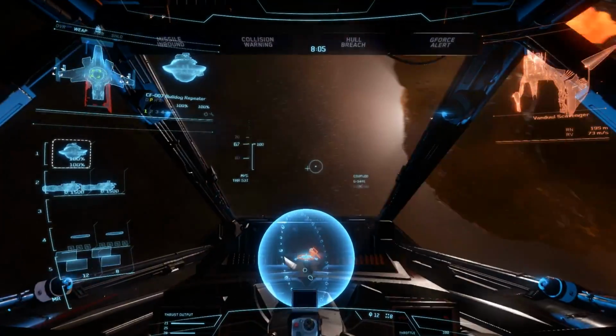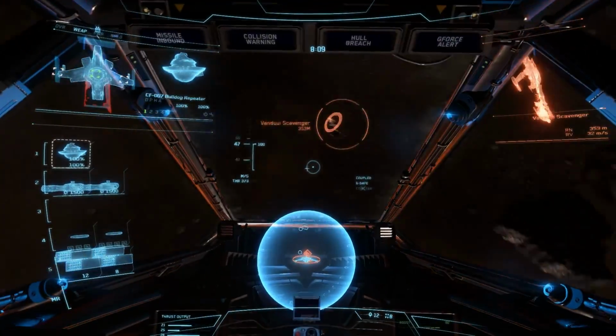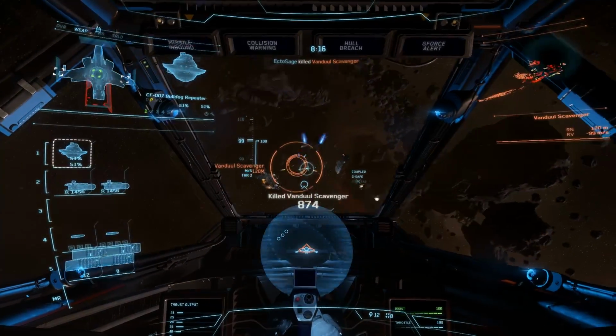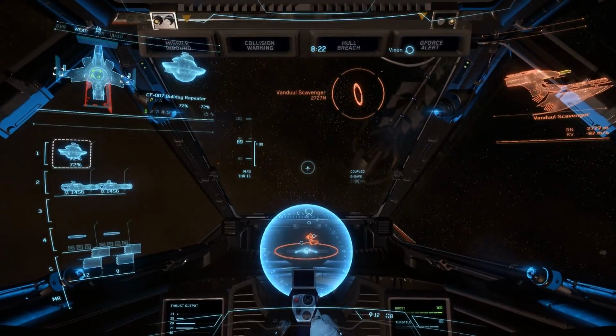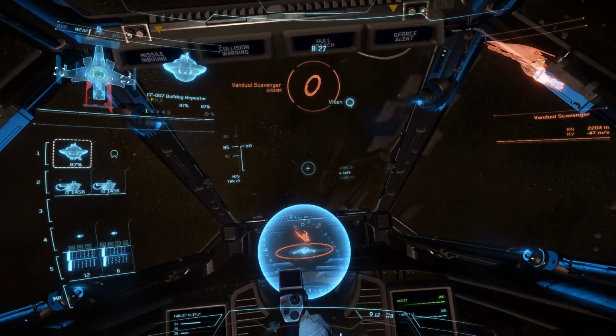Wowzers, that was scary. Did we not run into people? Where'd he go? There he is. Brake, and come on, line him up. There we go. Come on, you little prick. Wonderful. Woo! Wreckage. Scanning. Okay, let's go ahead and... So I guess if I did decouple...